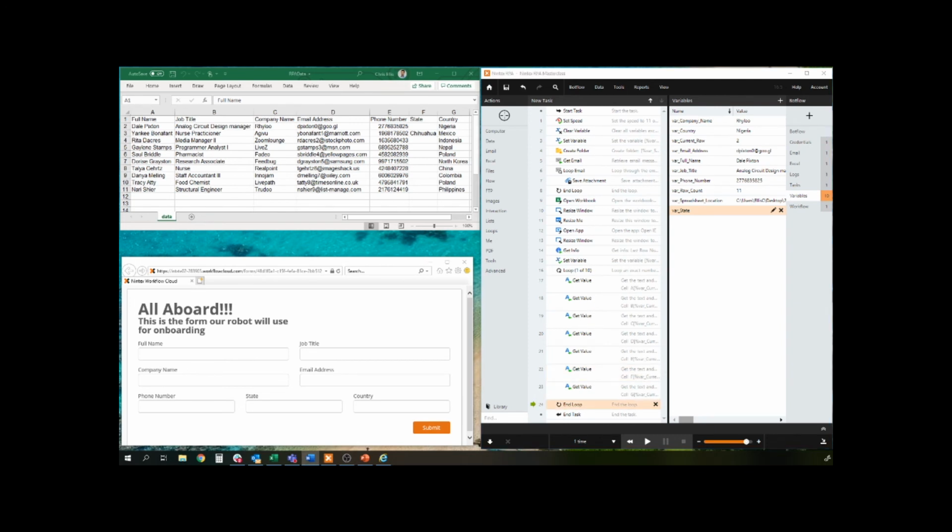All right, welcome back. So we've got all of our variables populated. We've got full name, job title, company, email, phone number, state, and country. So it's really easy just by copy pasting to get all of that information in, and you've done that now for one single loop. So now that information is committed to essentially the robot's brain or memory, we're ready to